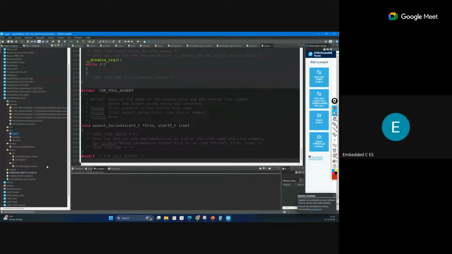So we are breaking it into modules, and those modules are properly structured. But this is not mandatory. You can also do the same things in one file, but that is not a proper structure.